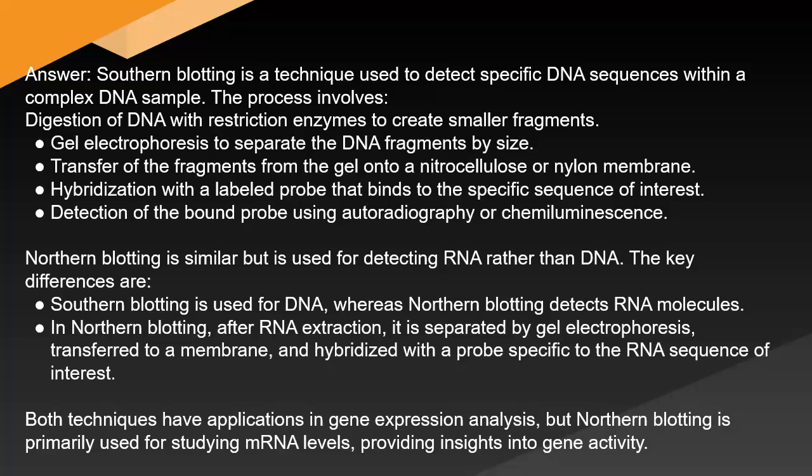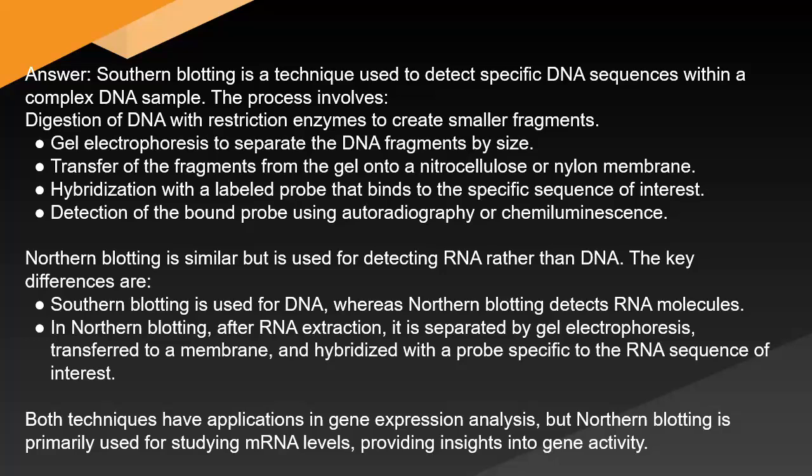Answer: Southern blotting is a technique used to detect specific DNA sequences within a complex DNA sample. The process involves digestion of DNA with restriction enzymes to create smaller fragments, gel electrophoresis to separate the DNA fragments by size, transfer of the fragments from the gel onto a nitrocellulose or nylon membrane, hybridization with a labeled probe that binds to the specific sequence of interest, detection of the bound probe using autoradiography